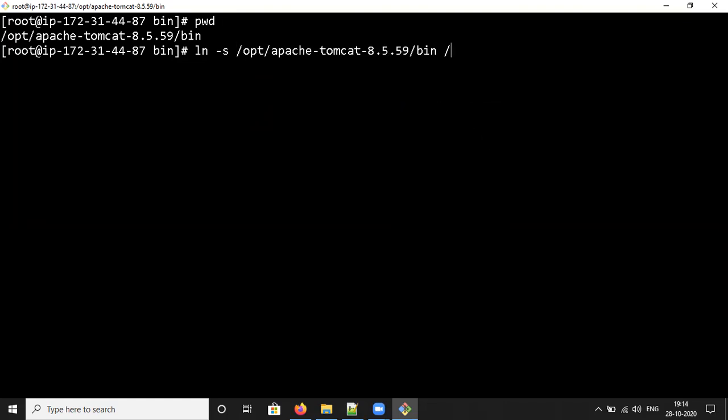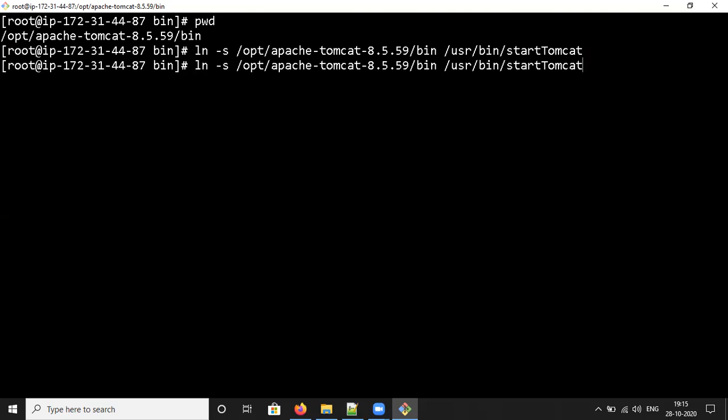Then /usr/bin/startTomcat. I'm giving the name as startTomcat. Then it is going to create one soft link. Sorry, there is a mismatch.